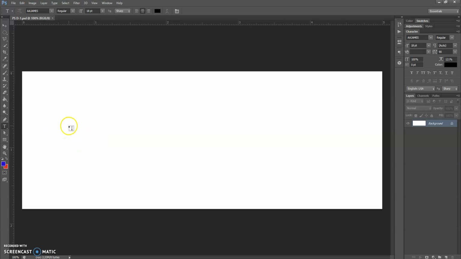So all you have to do is come down here onto your canvas and click one time, and you're going to see a couple of things. You're going to see that you get a blinking cursor where you'll start typing. Also, notice how this layer is different than other layers we've worked with before. It has this T here that indicates that it is a type layer, and type actually works differently than other layers, so we'll talk about that here in a second. But for now, what I'd like you to do is just type your name,